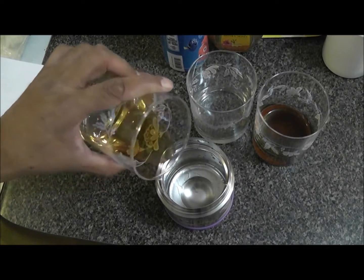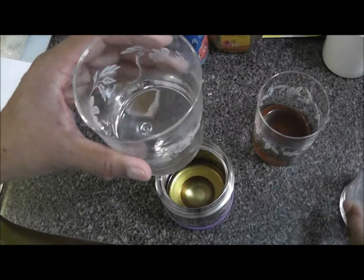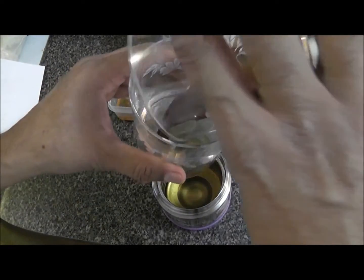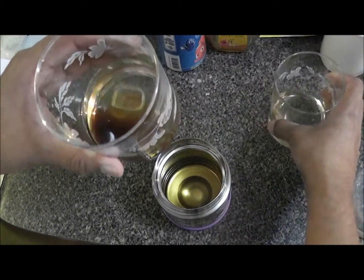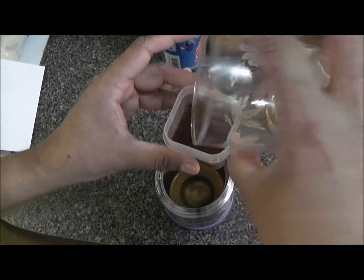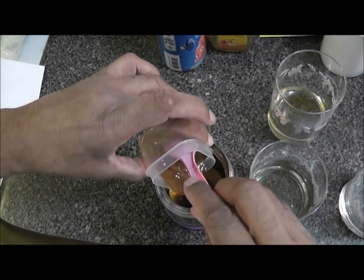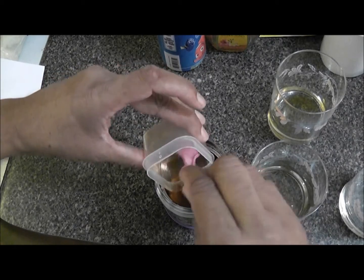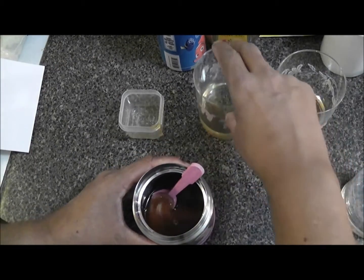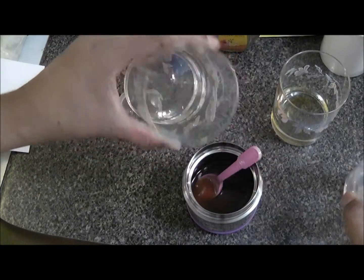So what we're going to do is we're going to put the brandy in there. And then the rose water. I'm trying to get as much of this out as possible. Now, what you want to do is put the vanilla in with the honey, give it a little bit of a mix up, just to try and get as much of it out as possible. Now, give it a bit of a mix. Let's move this out of the way. There's still some in here. Every bit almost